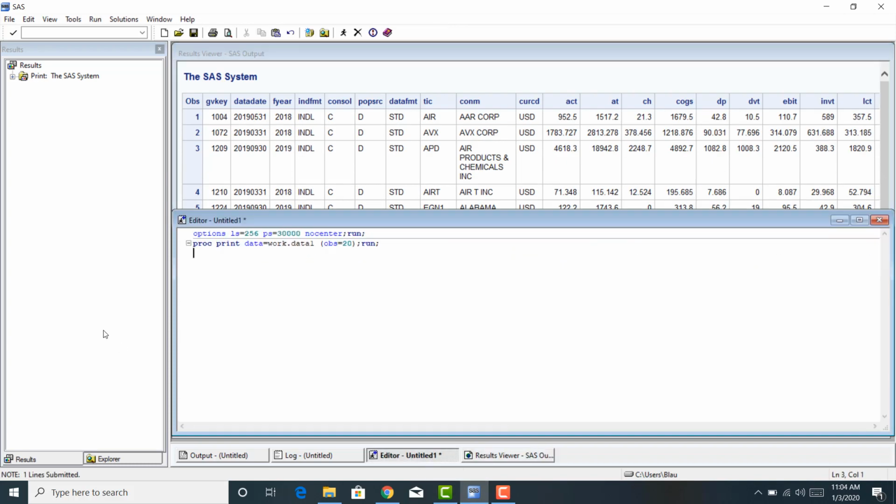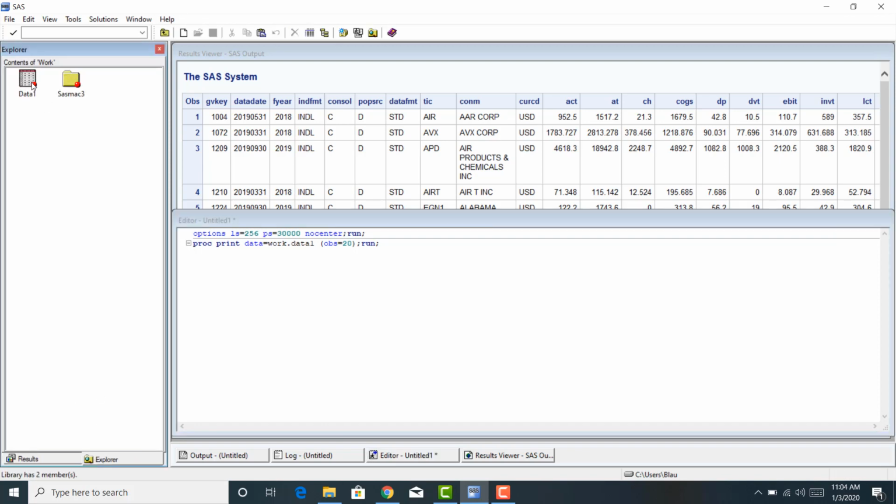Let me show you something else that we can work with. Notice here that under the work library, here's my data 1 SAS data set. That consists of the same data that you're viewing in the results viewer here. What I could do is I could actually save this data as a SAS data set on my computer. Okay. What I'm going to do here is I'm going to show you how to maybe import data from a CSV file using the import wizard that we just used for this CompuStat data, and then I'm going to export the data out as a SAS data set. The benefits of doing this is it's way quicker to call SAS data